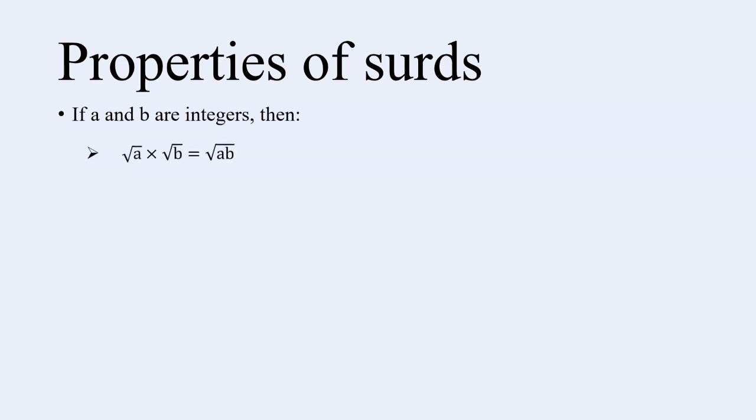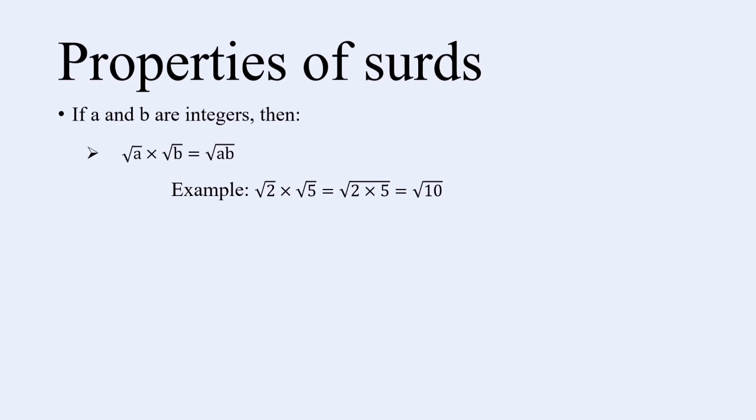Now let me tell you some properties of surds. If a and b are integers, then the square root of a times the square root of b is equal to the square root of ab. So for example, root 2 times root 5 is equal to the square root of 2 times 5,